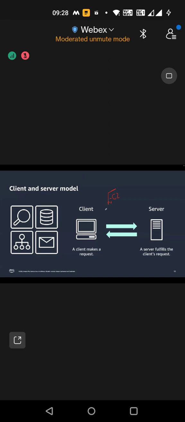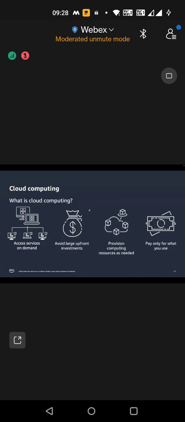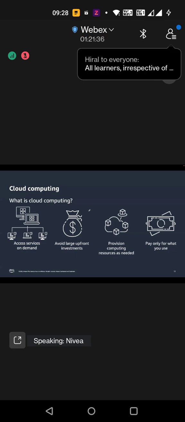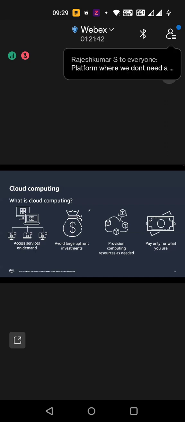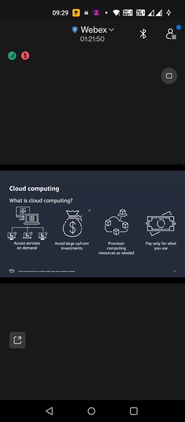So cloud computing is nothing but IT services. It can be IT resources like compute, storage, databases. So many of you mentioned different categories. Some of you mentioned storage, some of you mentioned databases. But cloud computing is, it can be anything. It can be network, storage, databases, analytic solutions, it can be any IT resources available to you on demand with